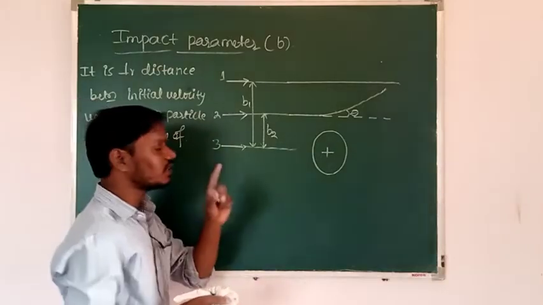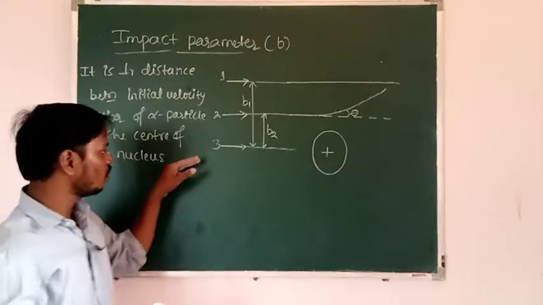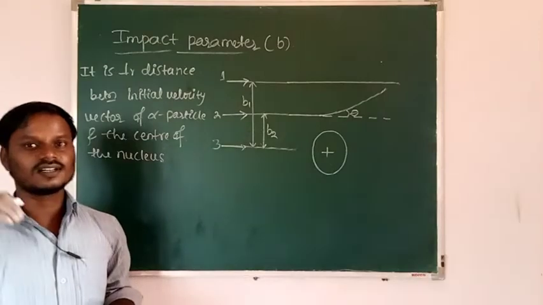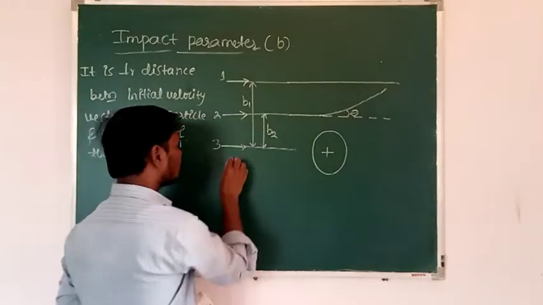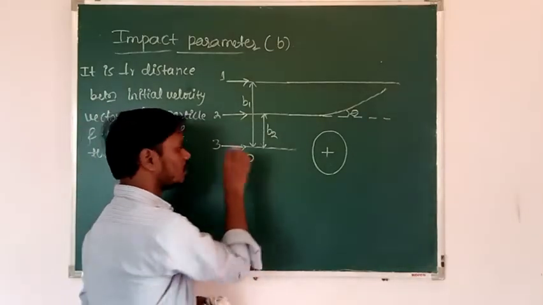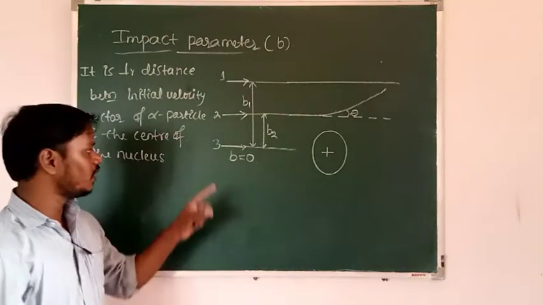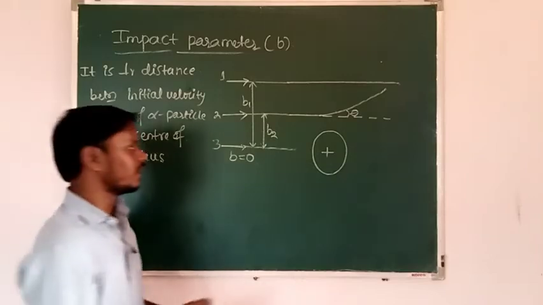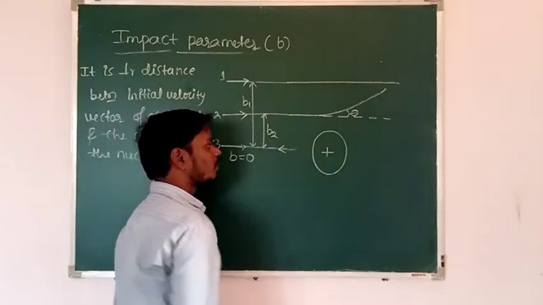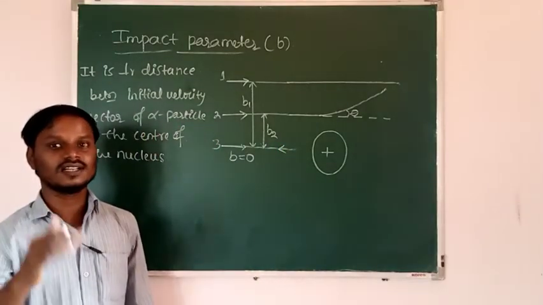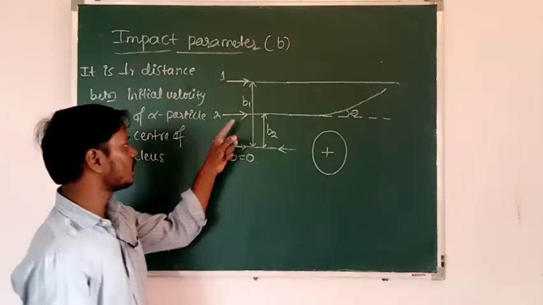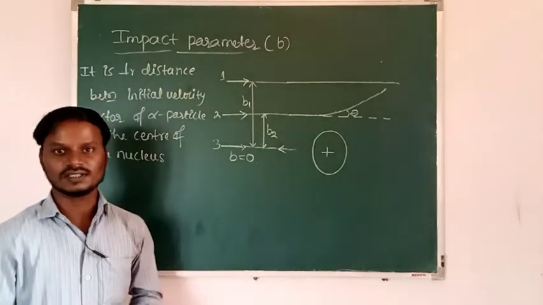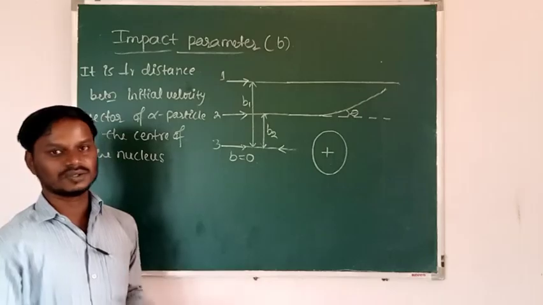Then let us come to the third alpha particle. Here for the third alpha particle, this is called head-on collision. Here the impact parameter is 0. When the impact parameter is 0, then the alpha particle will be turned back, because it will experience a large repulsive force compared to the second and first alpha particles. Okay, what it is showing, the